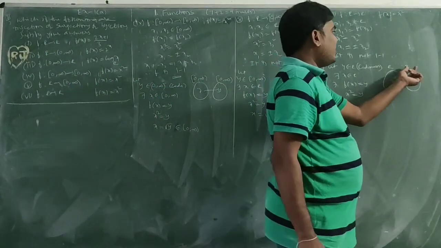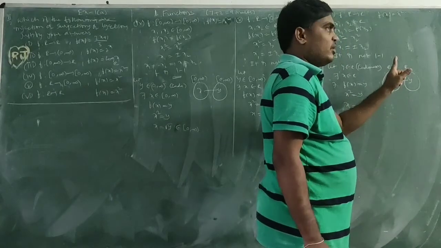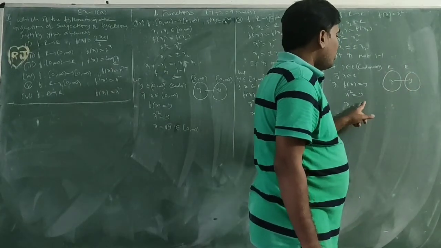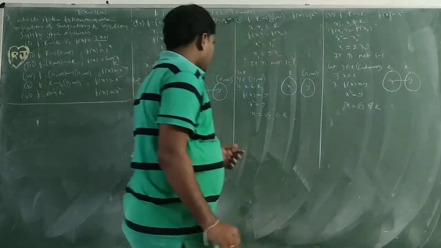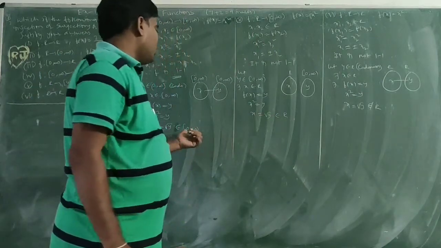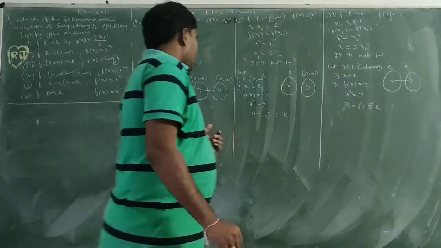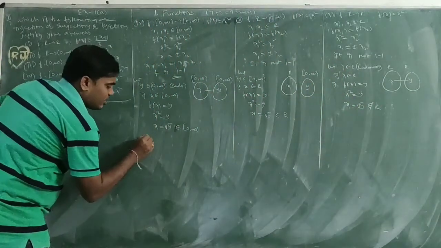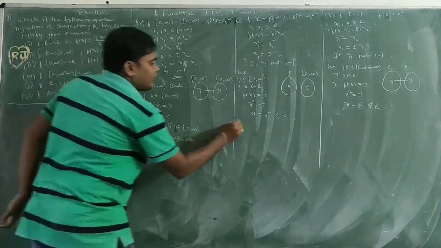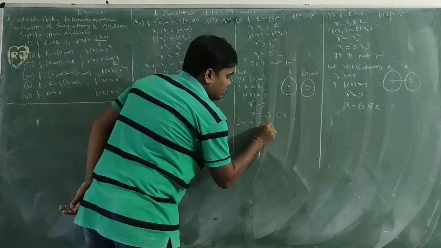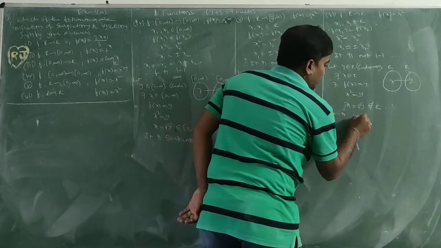Here the total values are positive numbers and negative numbers. For negative numbers, the square root does not exist. So this one belongs to the domain, this one does not belong to the domain. If it belongs to the domain, it is surjection. It is also surjection. It is not surjection.